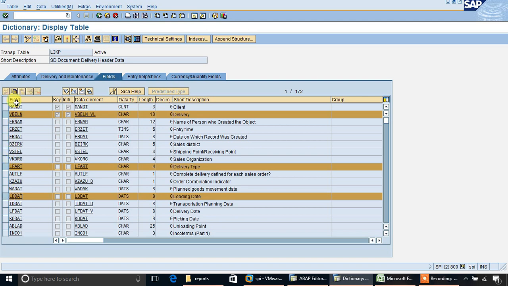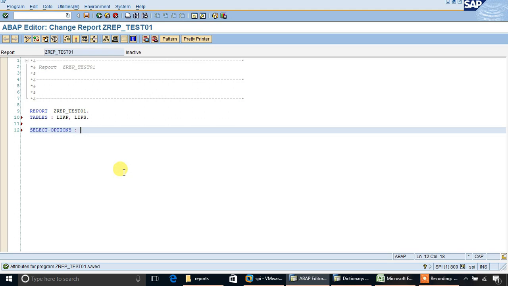So I am taking input of these three fields. S underscore VBELN for LIKP VBELN.